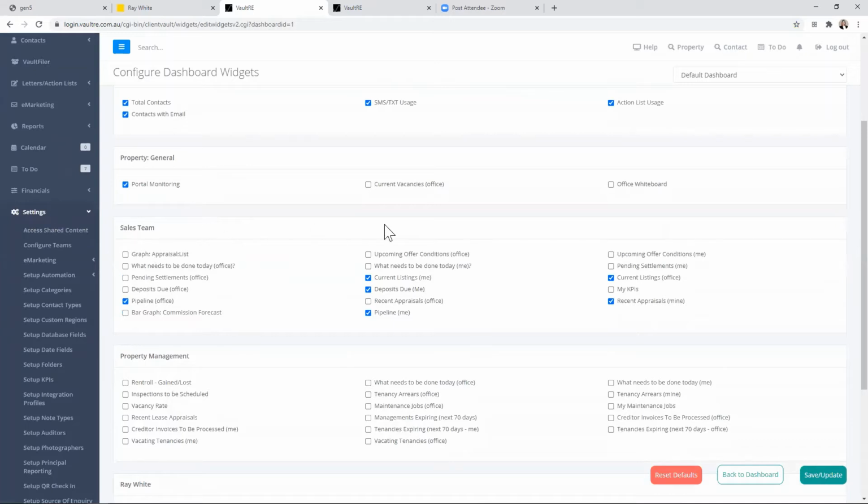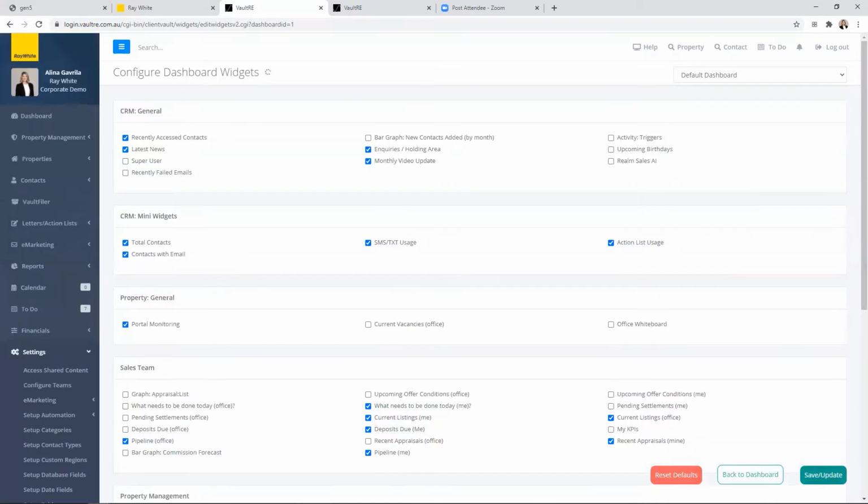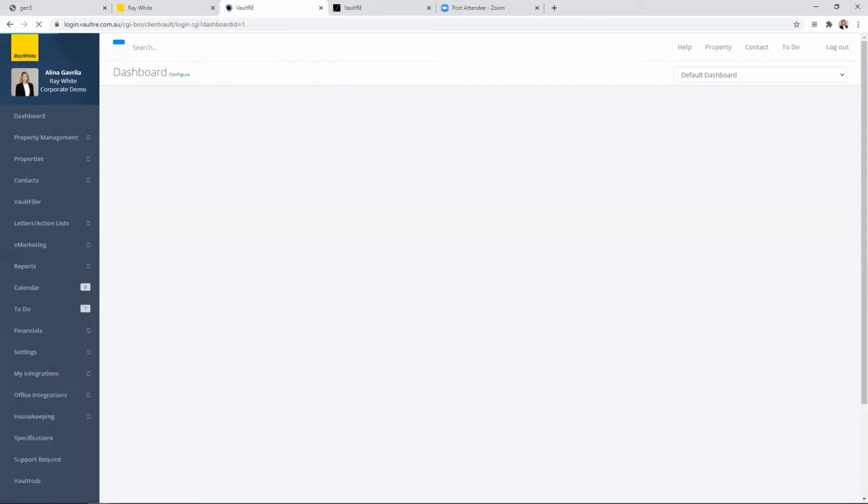So to add that widget, or any other widget for that matter, click on Configure. And then in our sales team area, the widget is actually called What Needs to Be Done Today, and the me refers to you, so your to-do list. If we tick that and save and update in the bottom right-hand corner, we'll go back to the dashboard from the middle button,